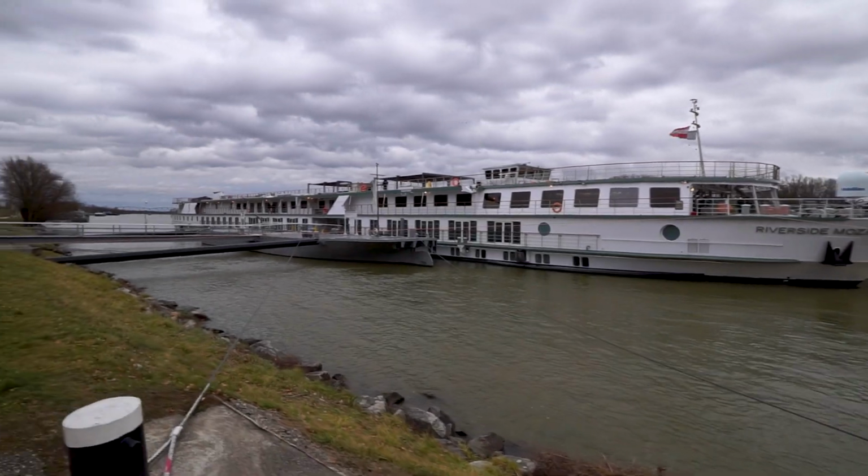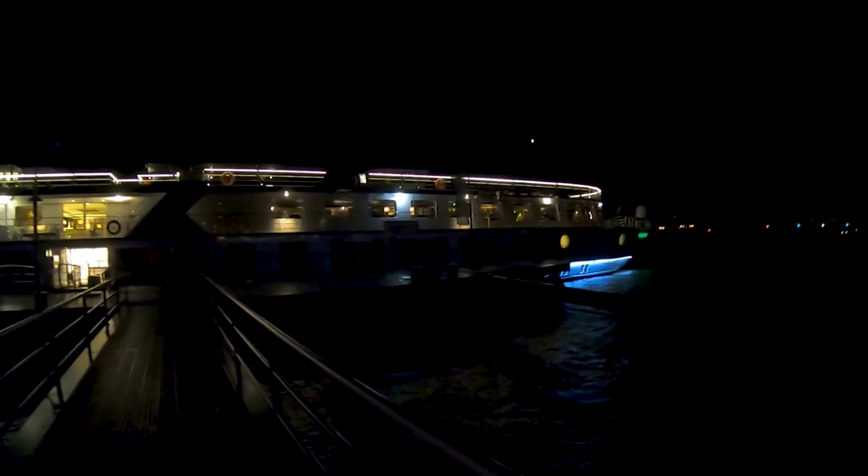So here we can see our wonderful ship, but as you can see now it is already dark because I skipped the whole train ride, and that will be, as I said, a topic of an own video, next upcoming video. And after that I went back to the Riverside Mozart for the highlight of the day, and that was